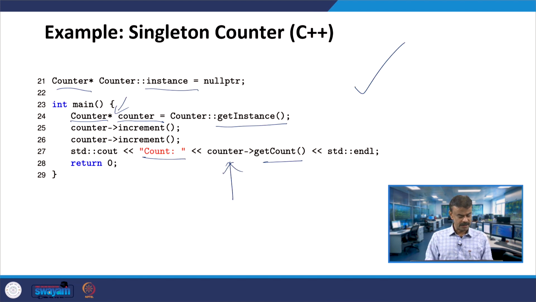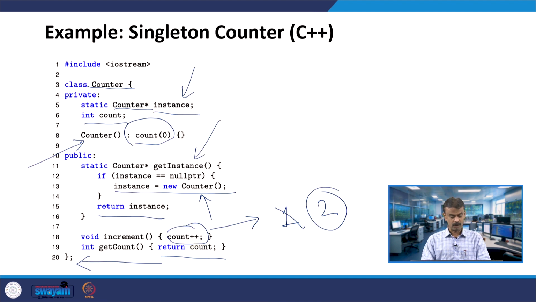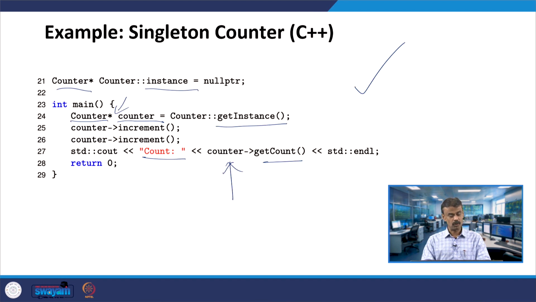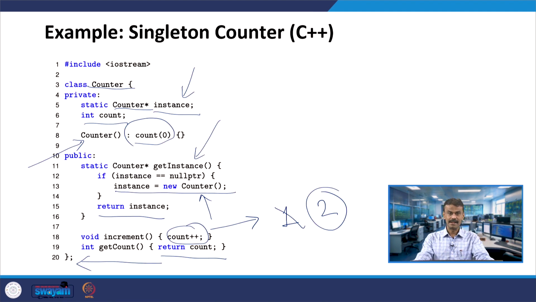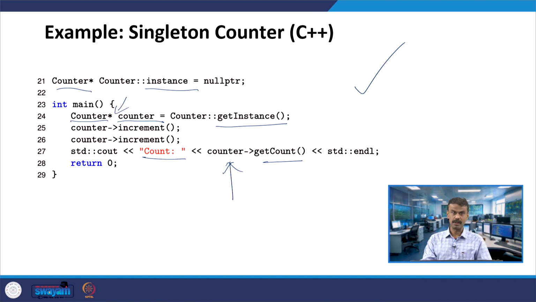The rest of them are clear. I am creating a pointer object in line number 24, and on the right hand side getInstance, and we know that getInstance will return the instance. Therefore, when the counter invokes increment, count is incremented by 1, and then again it is called, count will be incremented by 1. So, 1 plus 1 becomes 2.